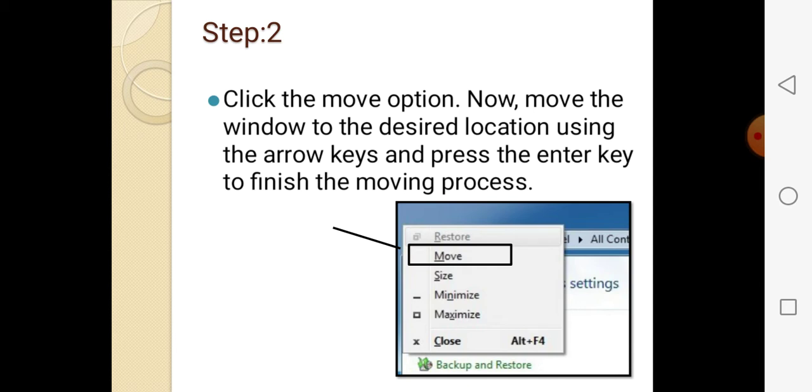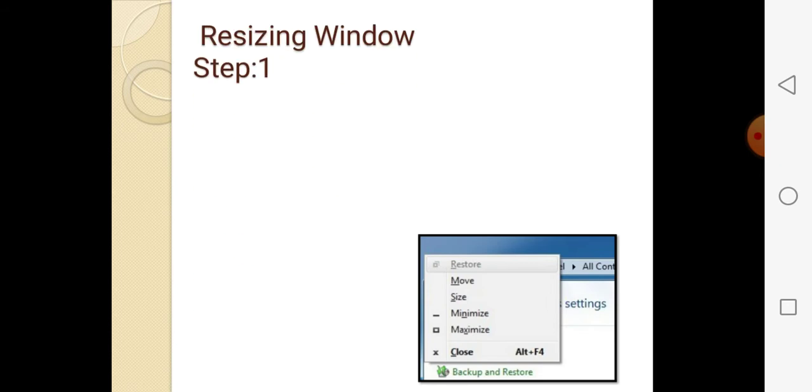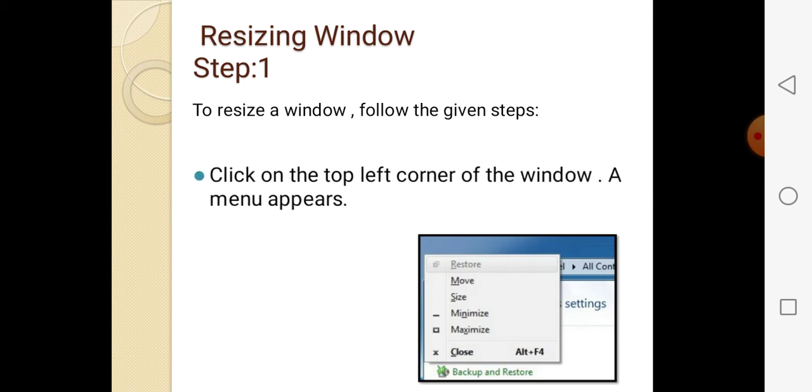And now then after that, resizing a window. How can you resize, means big or small, whatever you like. So how to resize it, you have to change that size, means resize the window. Click on the left corner of the window as usual, a menu appears.